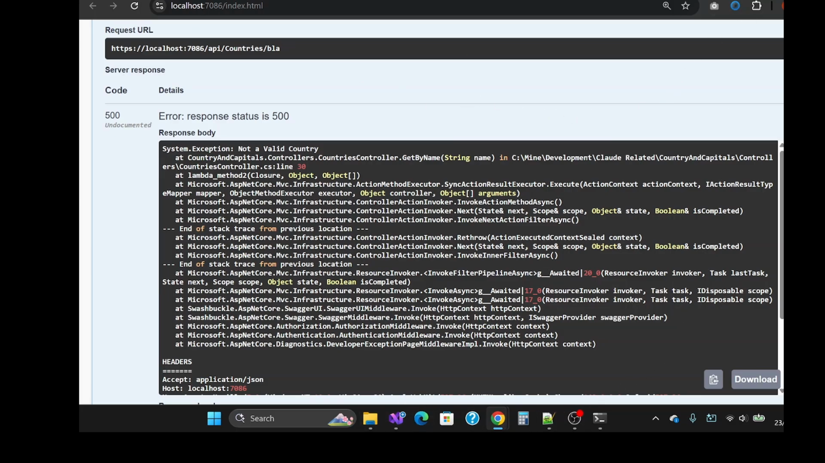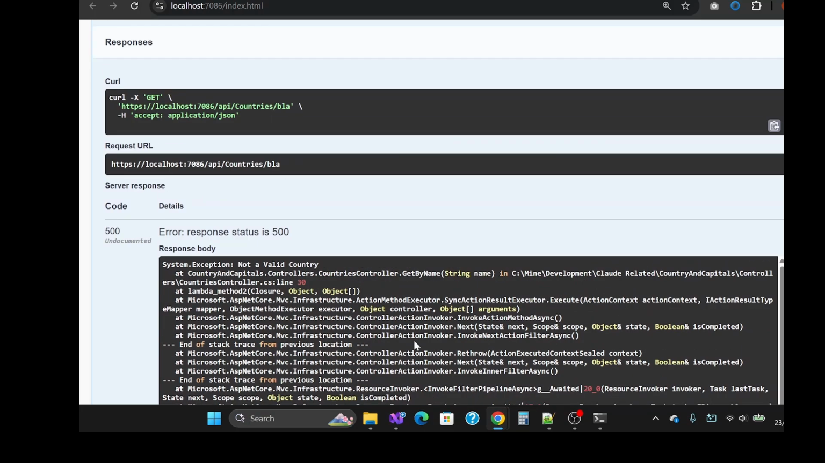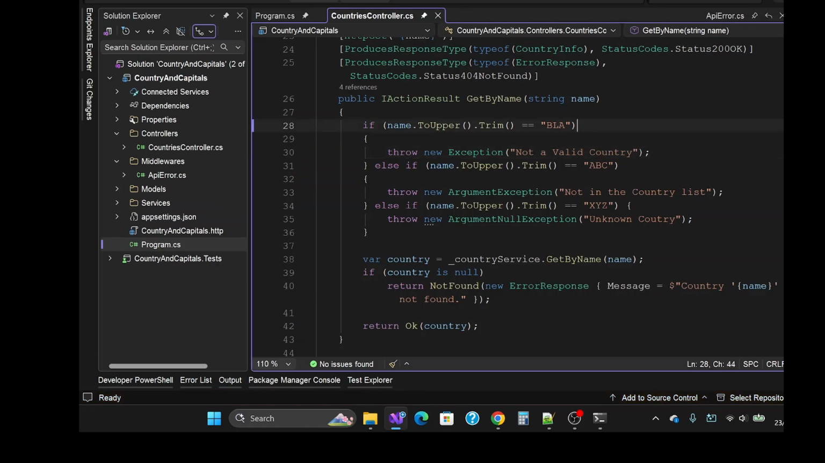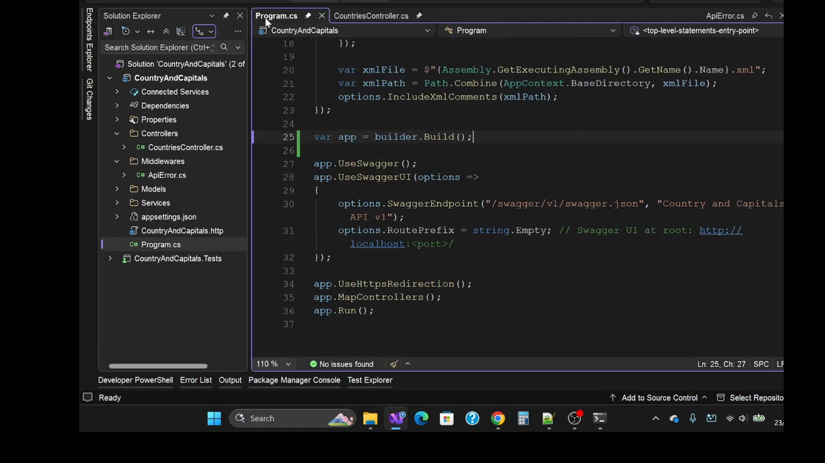Okay, so how do we make it more efficient? For that purpose, we have middleware. What middleware can do is centralize our exception handling so that in any endpoint, if you have any type of exception, it will be displayed in a graceful manner in the UI or in the API response. So for that, we have to introduce